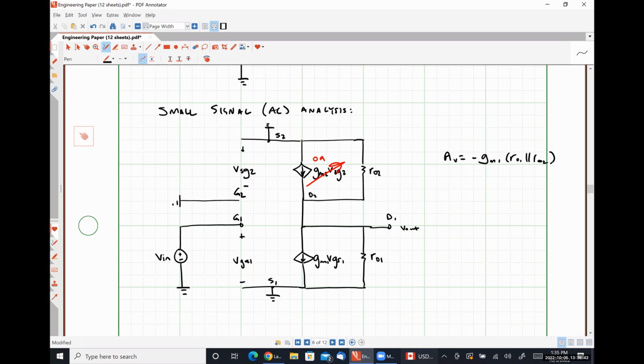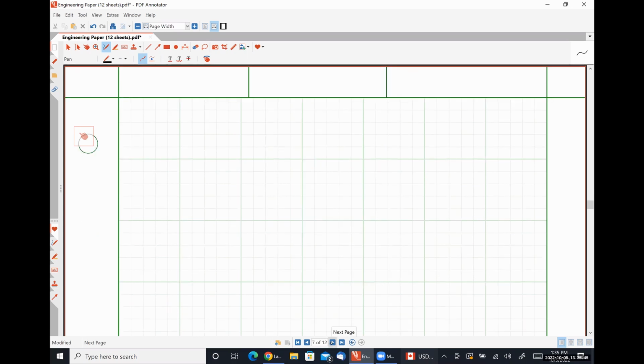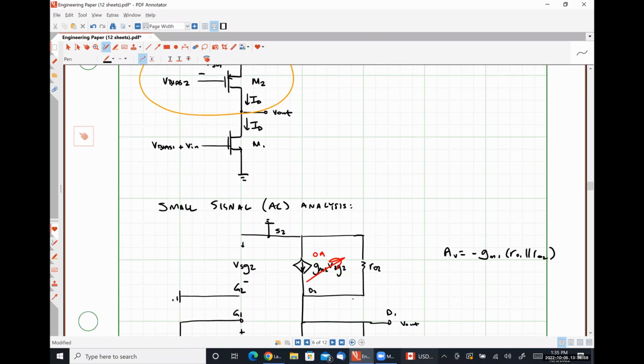All right, so let's now talk, let's stop. It's 1:35. We'll talk about common drain amplifiers and common source amplifiers on Friday. Real quick, going back to read this is signal model. Sure. This is next